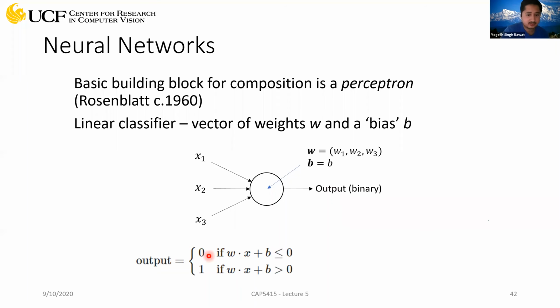Okay, so now the output will be 0 if the value is less than 0, or if the value is negative. So 0 is our threshold in this particular case. And if the value is greater than 0, the output will be 1. And you would have figured out, this is a dot product between these two vectors. Again, this we covered in the review of linear algebra. So you do element-wise multiplication, and you can represent this as a vector dot product, or you can also call that a matrix multiplication if you extend the dimensions of these two vectors. Okay, now